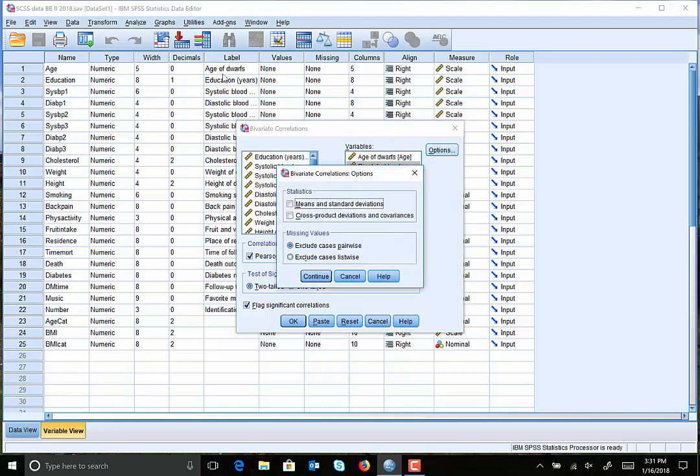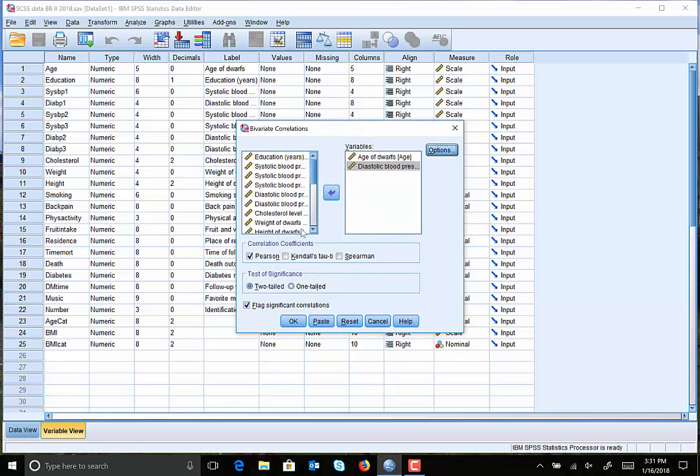If you click on Options, you see you can ask for means and standard deviations of the different variables. You can select it just to see what you get out of it. Click on Continue. Now, as I mentioned, there are two sorts of correlation coefficients, Pearson and Spearman. If one of the two variables is not normally distributed, we need to use the Spearman correlation coefficient, that is for not normally distributed data. If both variables follow a normal distribution, as in our case, we know that age and diastolic blood pressure for month 1 follow a normal distribution, we have to select the Pearson correlation coefficient, that is